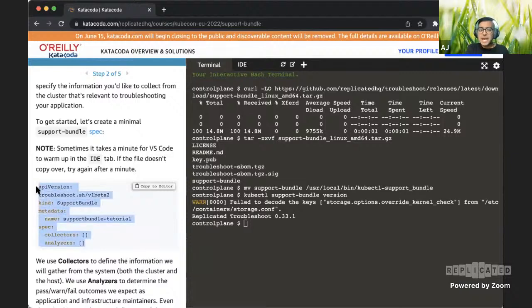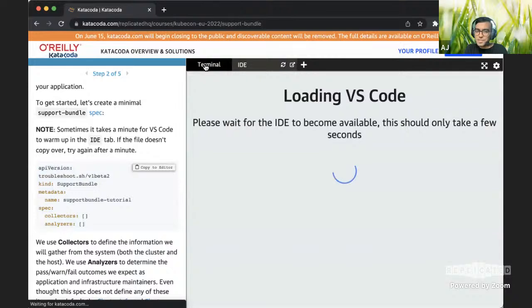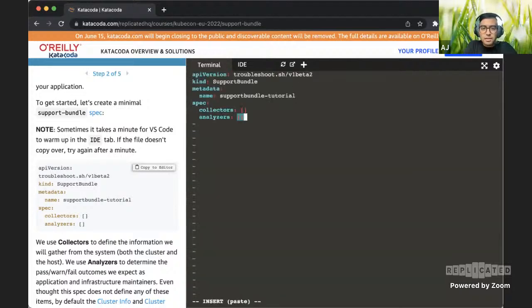format, right? The YAML format will just allow us to collect the basic information about the host, about the cluster, and so on. So again, if the IDE is working for some of you folks, try to use it, but I'll recommend to just use VI wherever possible, right? So I'll create a file called support.yaml, and I'll